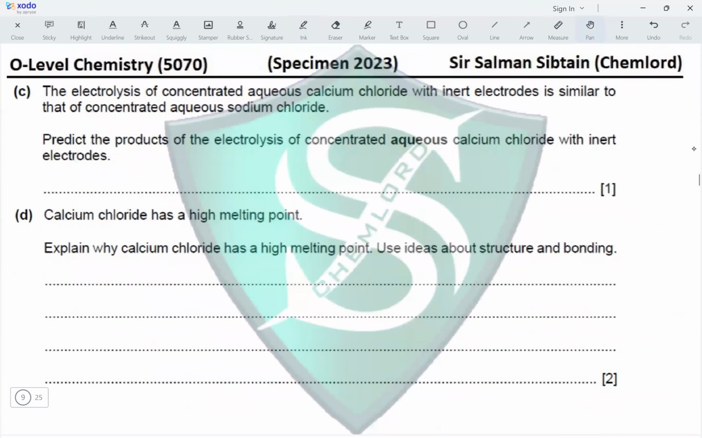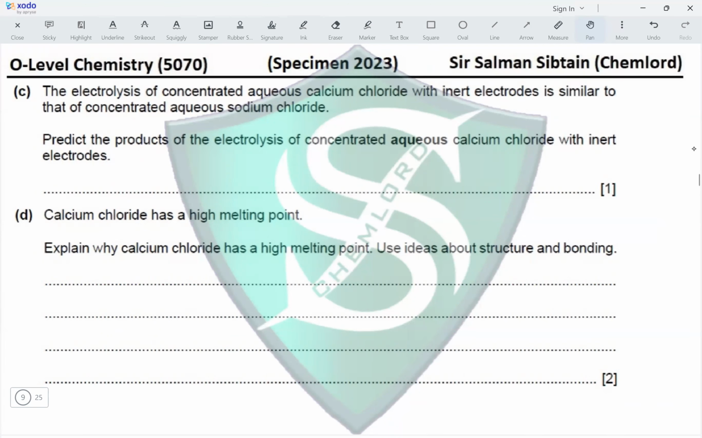Next, the electrolysis of concentrated aqueous calcium chloride with inert electrodes is similar to that of concentrated aqueous sodium chloride. Predict the products of the electrolysis of concentrated aqueous calcium chloride with inert electrodes. Now, here we have concentrated but aqueous. Aqueous means water is also present. So, if we have water present now, there would be a competition for the release at the cathode for